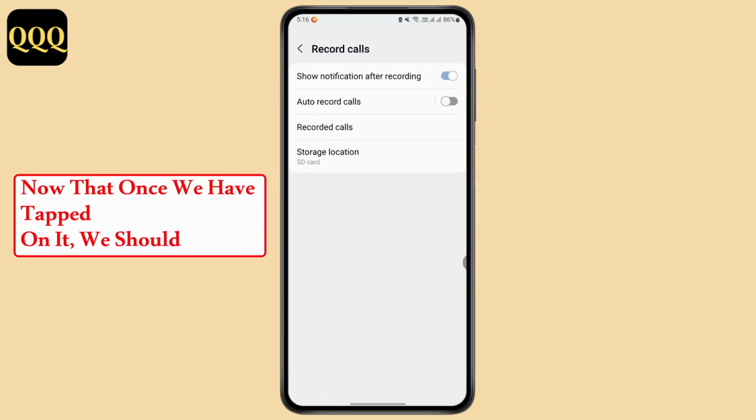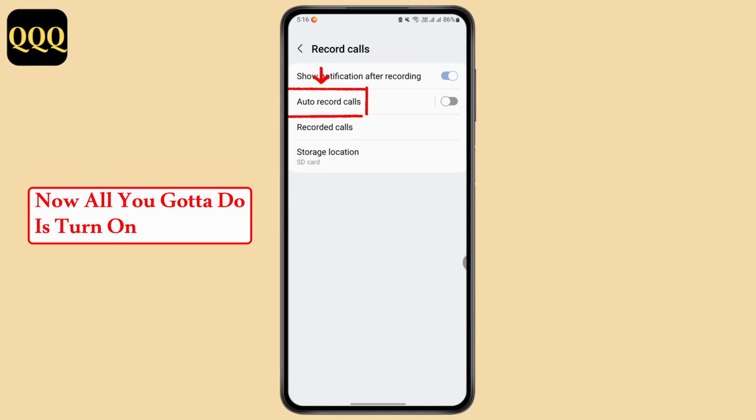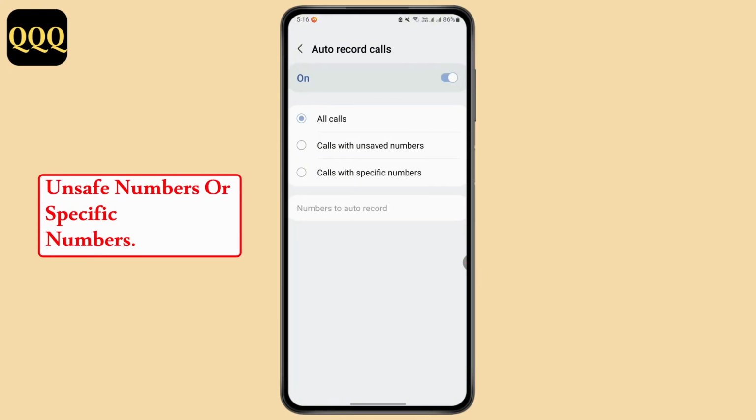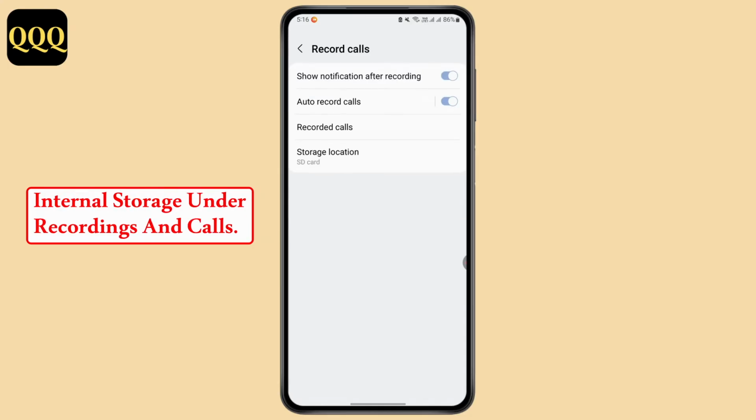Once we have tapped on it, we should be finding an option called auto record calls. Now all you gotta do is turn on this option to record your calls, and you can select even specific options or numbers like calls with unsaved numbers or specific numbers, and recorded calls are stored in your internal storage